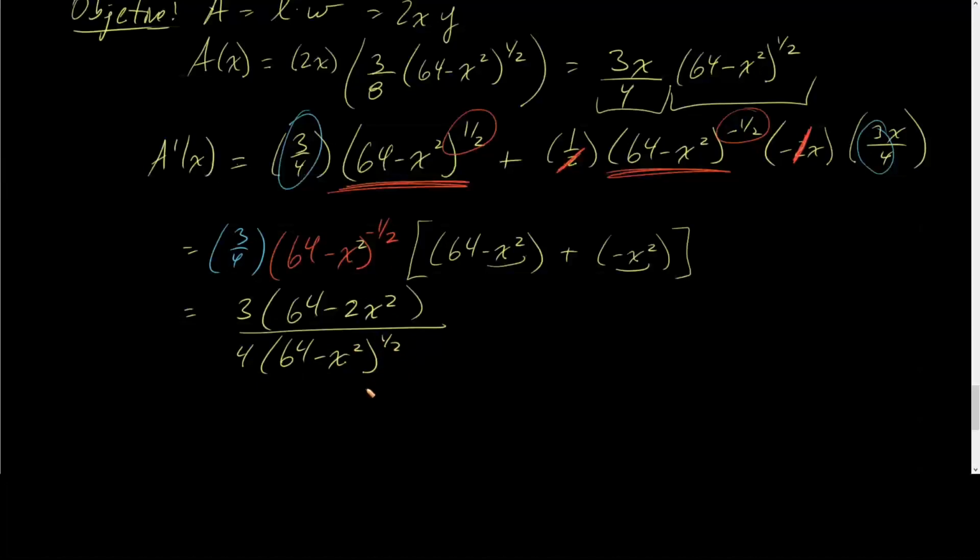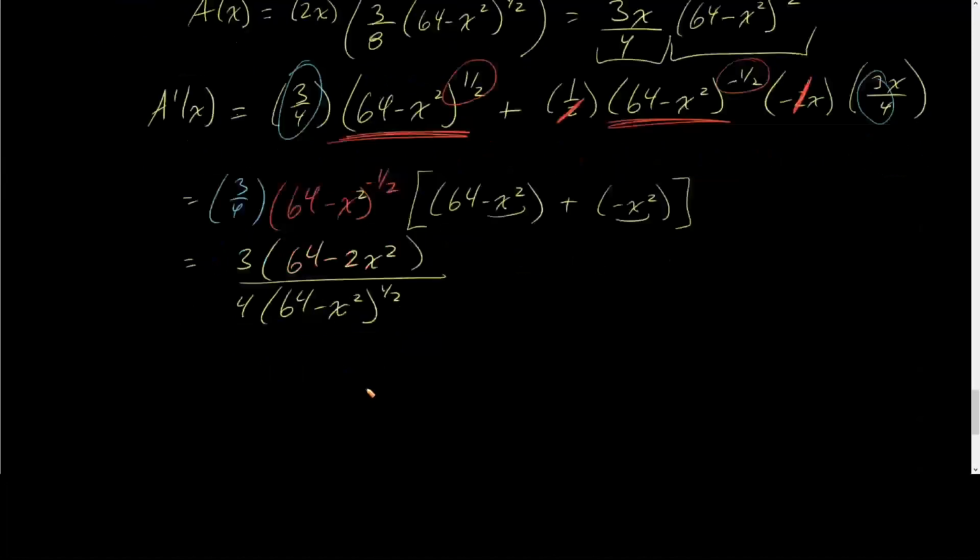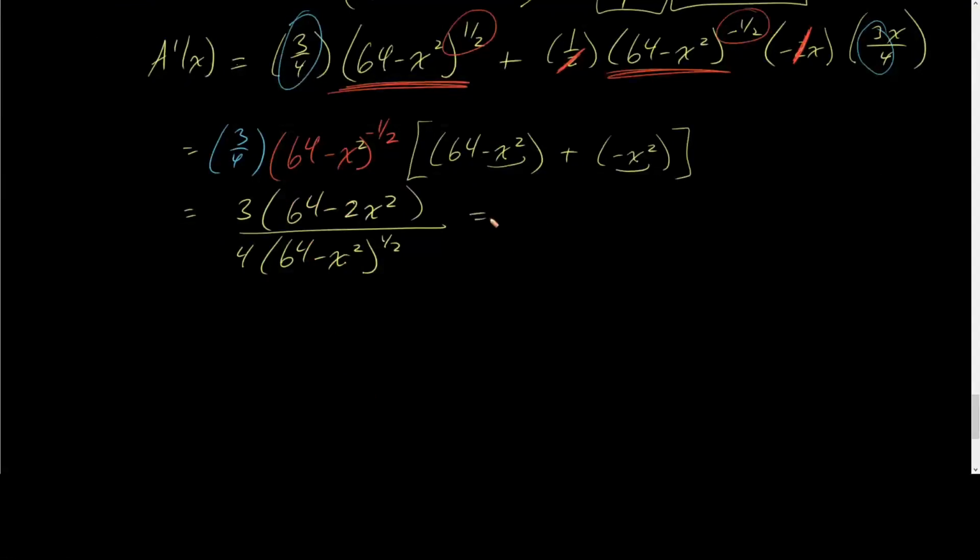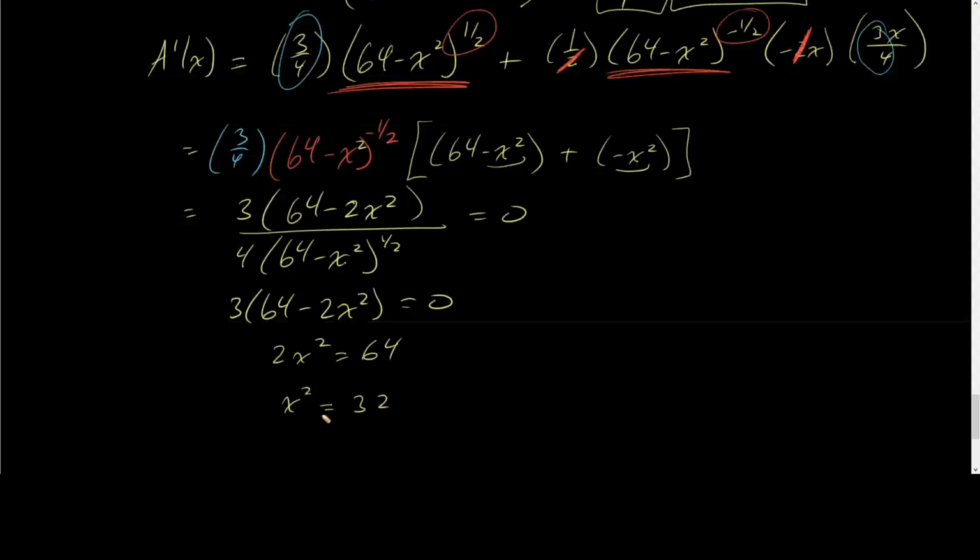At that point, now we're going to find our critical value, which means we must set this equal to 0. If I set it equal to 0, what do I get? I've got a fraction equaling 0. The numerator itself must be equal to 0. Divide both sides by 3. Move the 64 over. So I've got 2x squared is equal to 64. Therefore, x is equal to 30. Well, excuse me, x squared is equal to 32, giving us that x is equal to plus or minus the